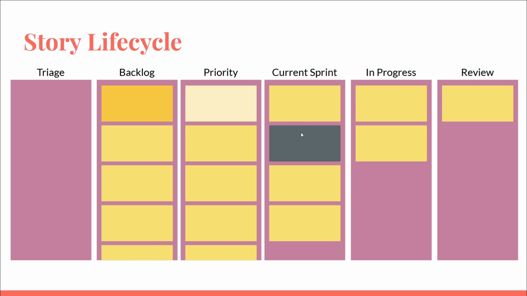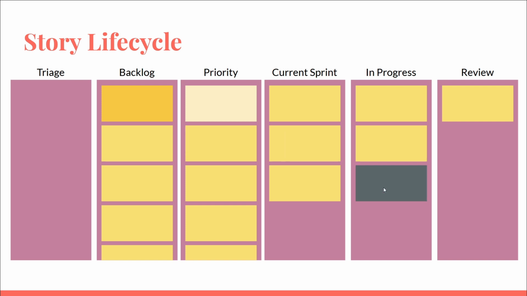So I'm going to take this current sprint one here, this dark blue one. I'm going to start working on it. So I'm going to move that over to in progress. I have created a branch for that locally. I've started to work on it. I've pushed up commits to GitHub. I may have even created a draft pull request.